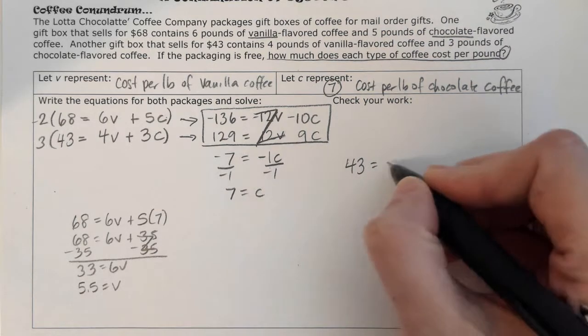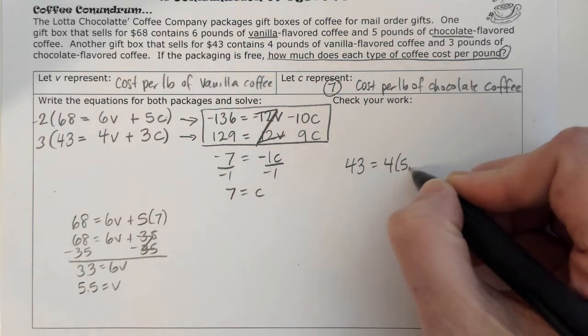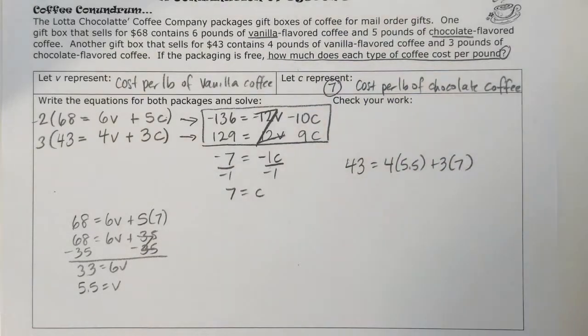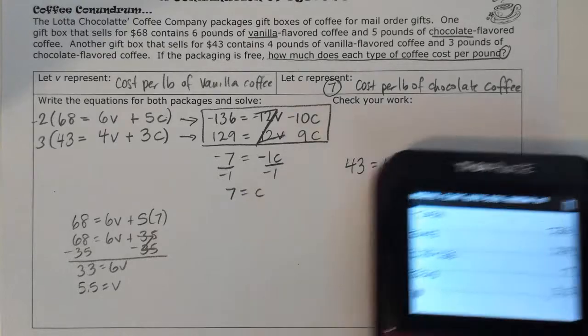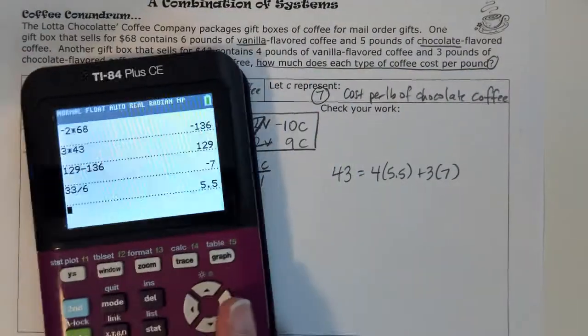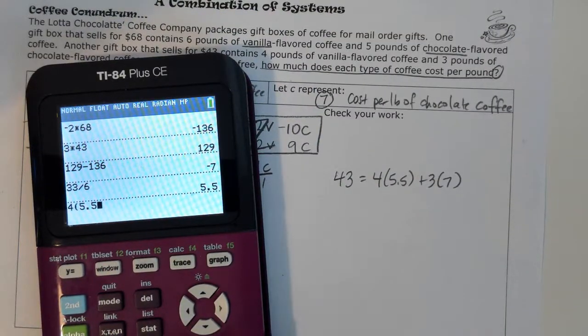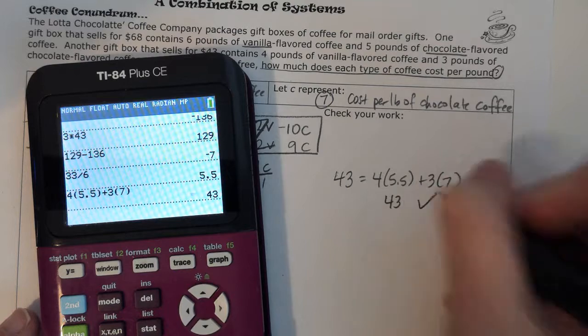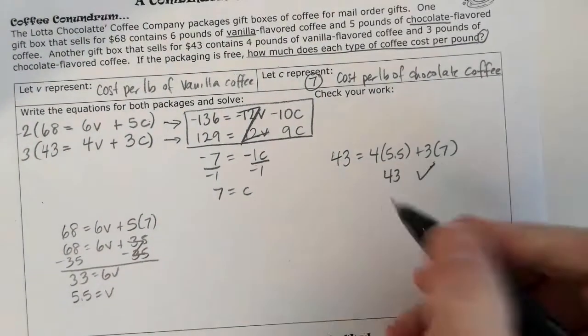43 equals 4 times 5.5 plus 3 times 7. And for this one, since I got decimals, I'm just going to stick these directly into my calculator. 4 times 5.5 plus 3 times 7 is 43. I have a true statement there, so that means that